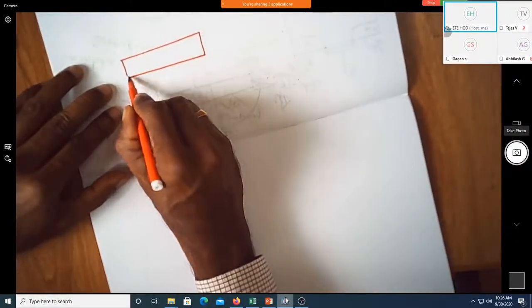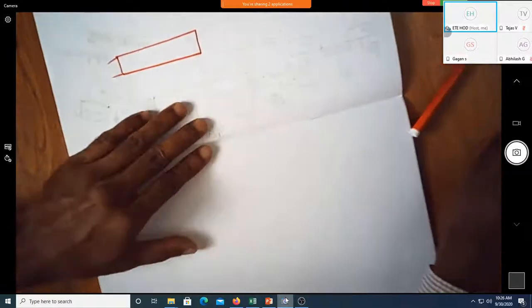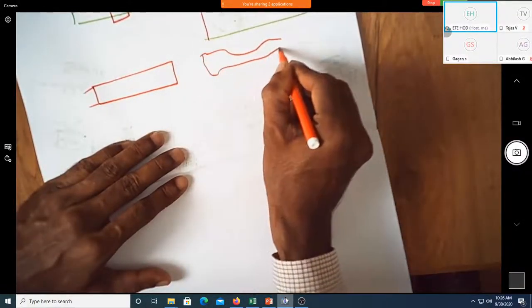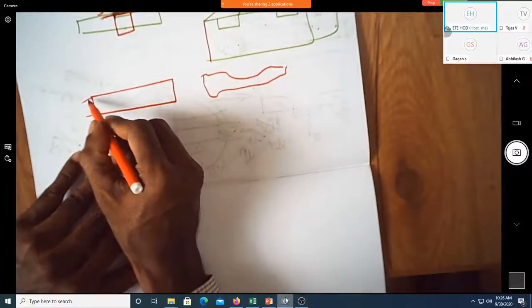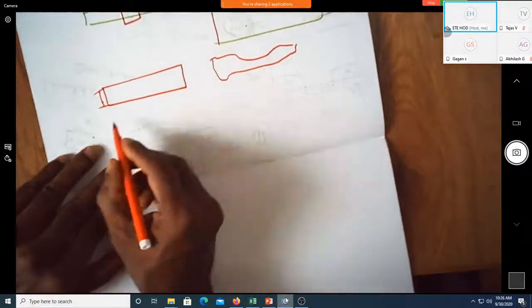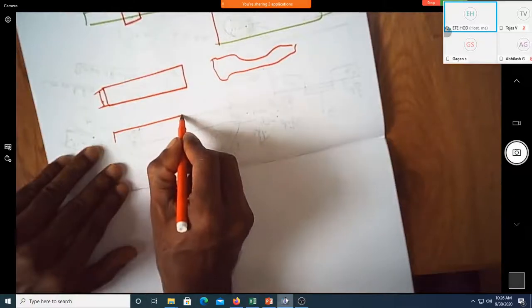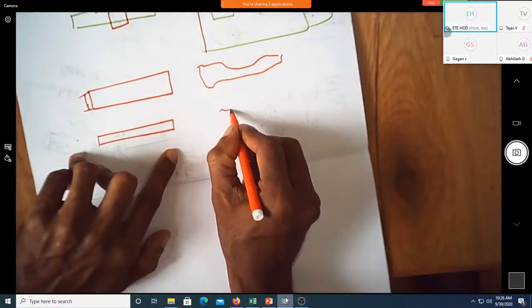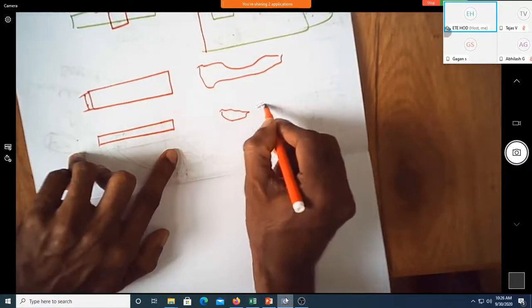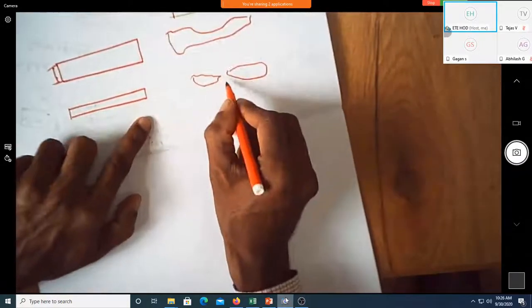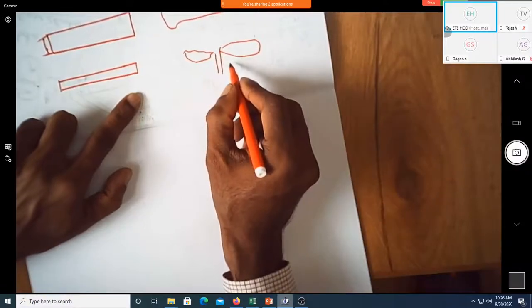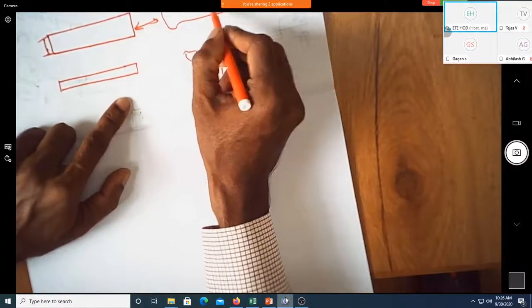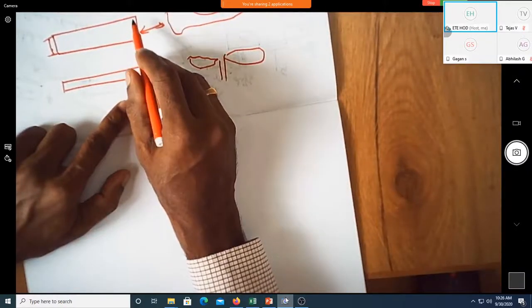This is what is actually wanted. Since my dimensions are pretty big, I may end up with something like this. So you can see this is coming fine because you certainly maintain larger dimension. Assume that your layout itself is narrow. When you actually draw it, you may just end up with something like this. You can see there is a void created. So there is no connection at all because you will never get the same type of shape as it is here, because the dimensions are so small.